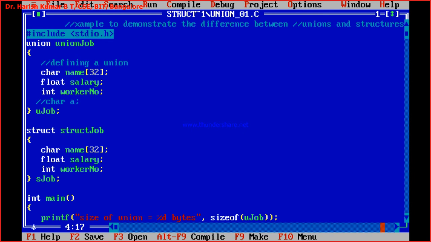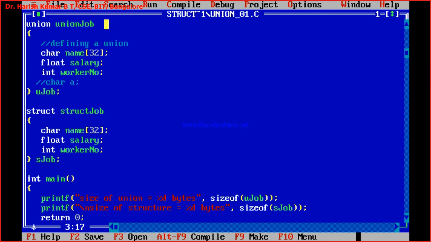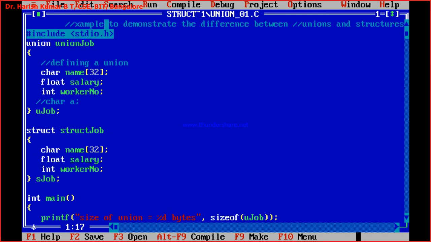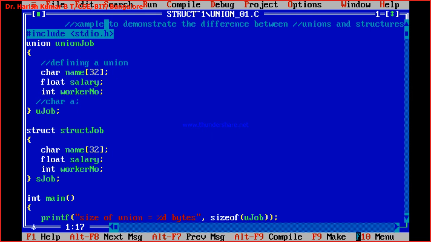I'll compile this. Let me show you once. Same program which was shown in the PPT. Now I'll run it.